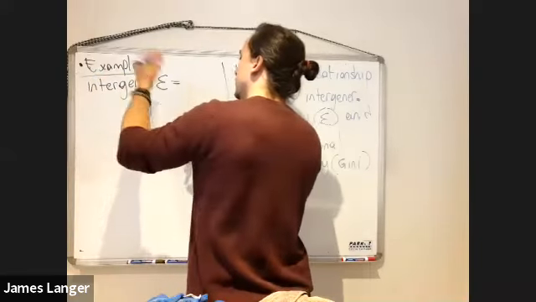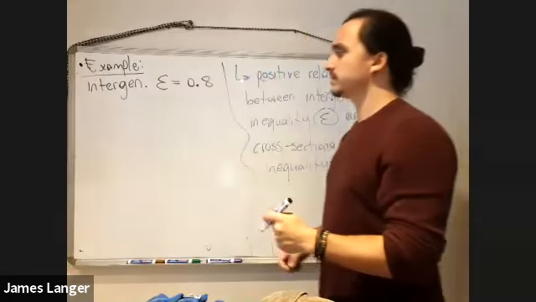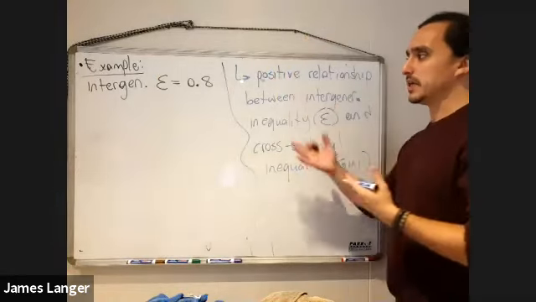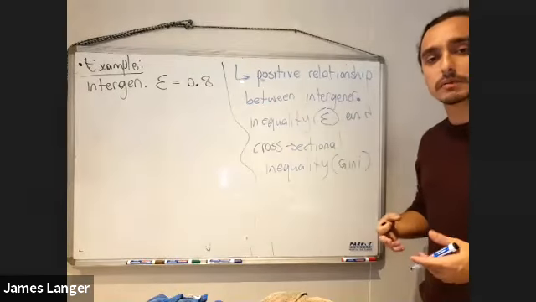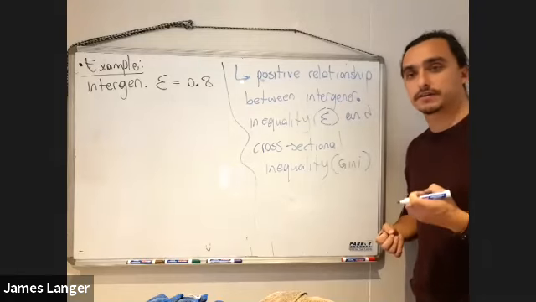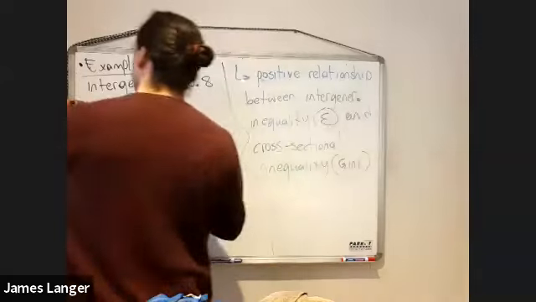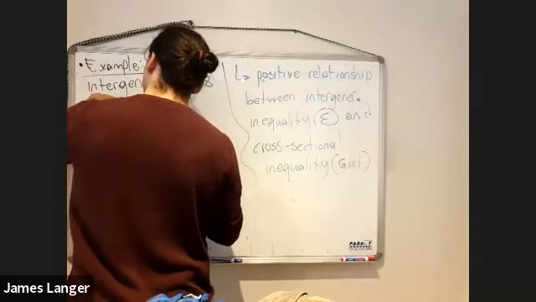Intergenerational elasticity, let's say it's equal to 0.8. What does that mean? Whenever you're trying to interpret something, go back to the definition. What this is is the percentage difference in income